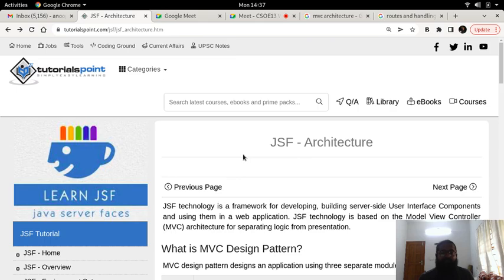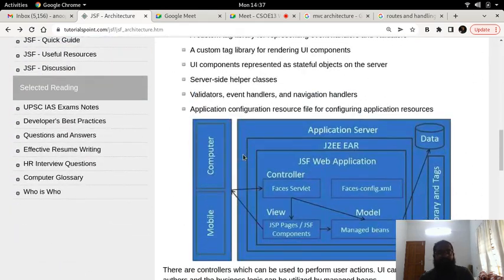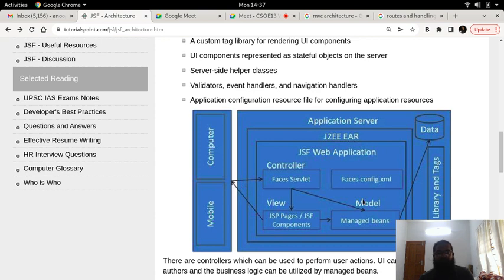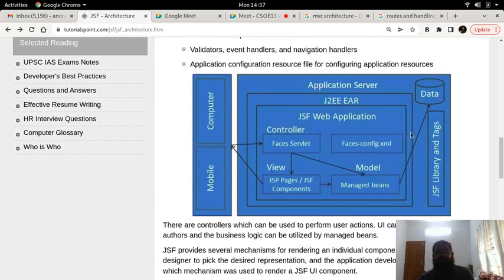So this is the JSF architecture. JSF uses the MVC architecture. On an application server, which is an Apache Tomcat server, you have J2EE Enterprise Edition, on which you have the Java JSF web application running, which contains the controller, view and the models.